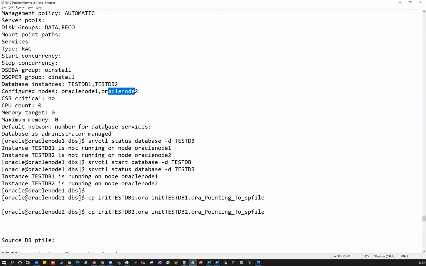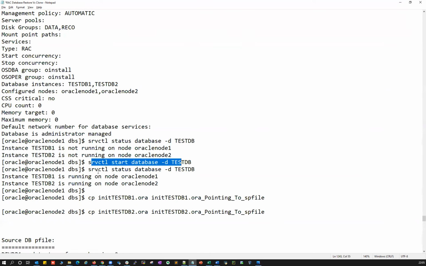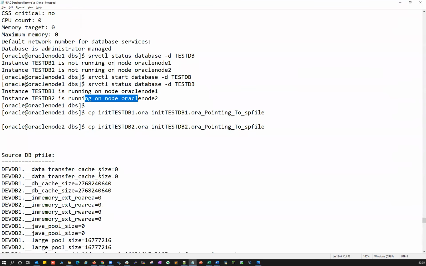And then that's pretty much your database is configured here. You can do srvctl status database: test db1 and test db2 are not running on node 1 and node 2. You can do srvctl start database test db, which will get started here. srvctl status database. You can see test db1, test db2 running under node 1, running under node 2. That's pretty much the post step for your